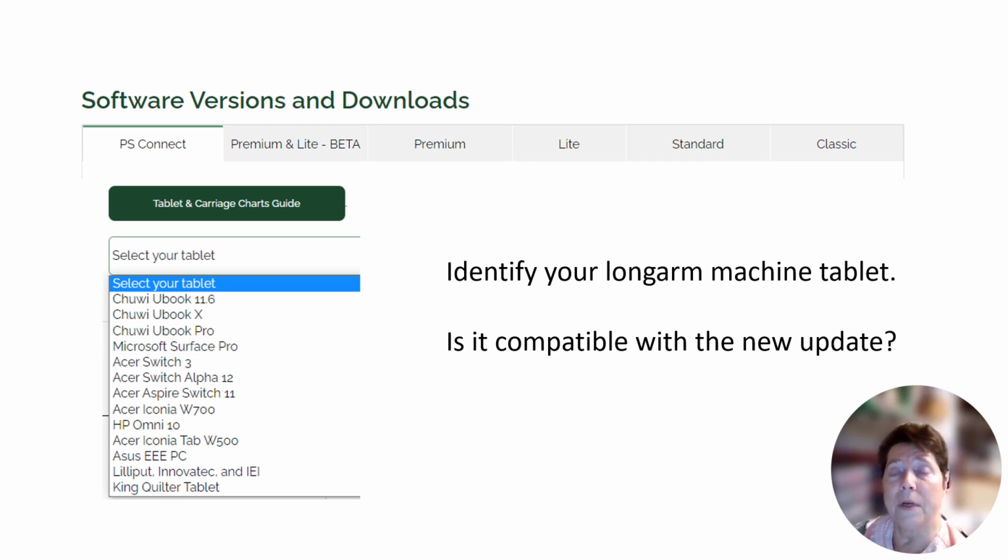So the first thing you'll need to do is to go to the software tab on the Pro Stitcher website, and you'll see that there are versions that are available, all the ones that we were talking about: Premium, Light, Standard, and Classic, and now PS Connect. The first thing you'll need to do is to check if you are able to do this new feature. So click on the Tablet and Carriage Charts Guide. We need to know that your tablet is going to be compatible and have the ability to work with the